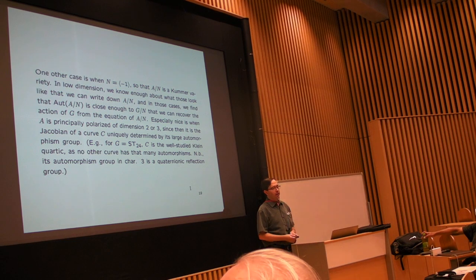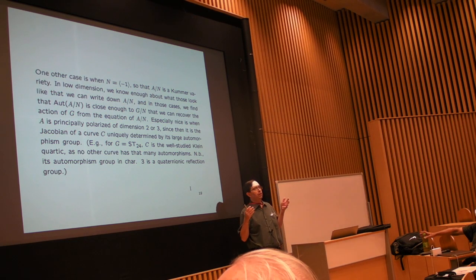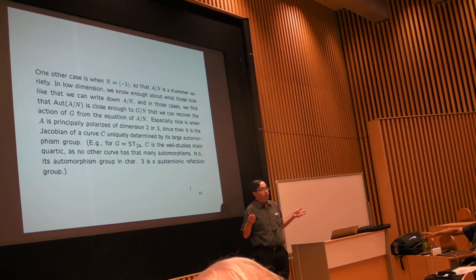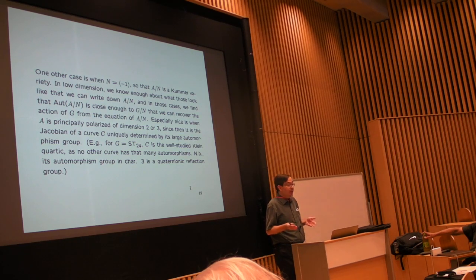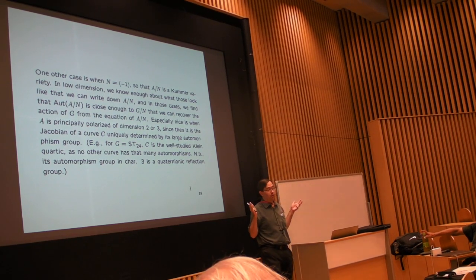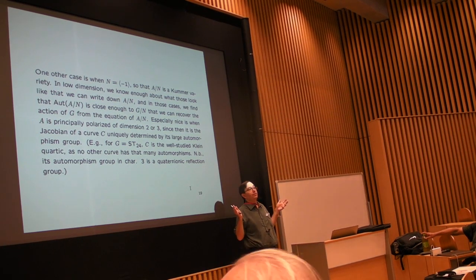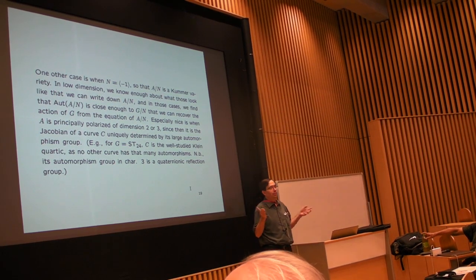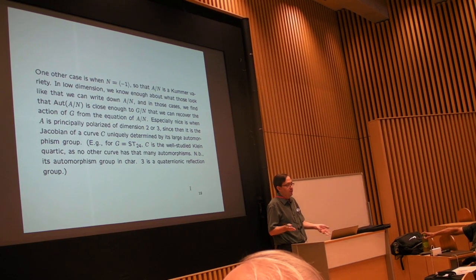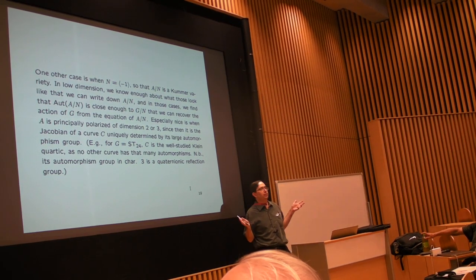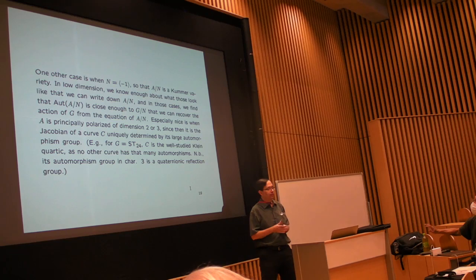And so you can actually, in many cases, compute generators of the Kummer. But also in low-dimensional cases, we know what the Kummers look like. Principally polarized abelian varieties of dimension 2 or 3 are Jacobians. And we know how to compute the Kummer varieties of Jacobians without too much difficulty. And so you can actually just directly figure out how the group is acting on the Kummer variety